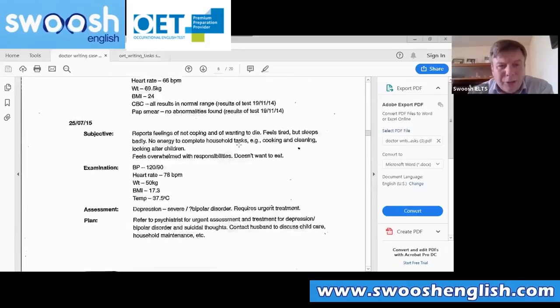However, this is the most important one. So this is the one we have to focus on. We can give some background information, but here, feeling of not coping, wanting to die, feels tired, but sleeps badly. So we can mention the children here. Hasn't been able to look after, feels she can't cope with her 2 children or household responsibilities. And has no appetite. And then we've got a massive reduction in weight from that to that. So that is important. So here, what we would do is we'd